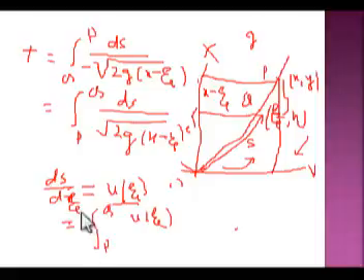I'm changing variable xi because xi is actually changing, not x. The point xi continues if the point q is moving, p is at the initial point, and q is moving along the curve. So xi is changing. So ds by dxi, xi into dxi